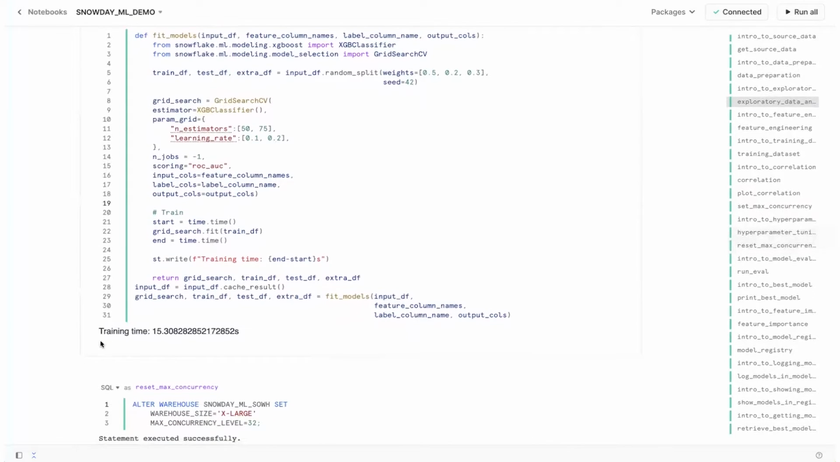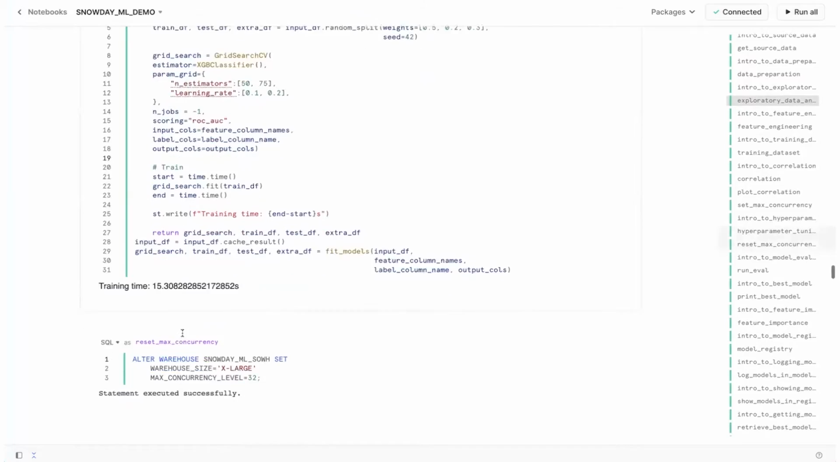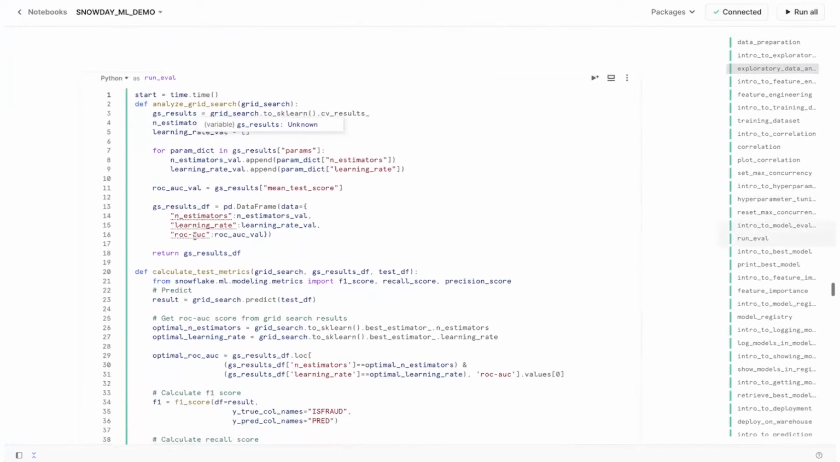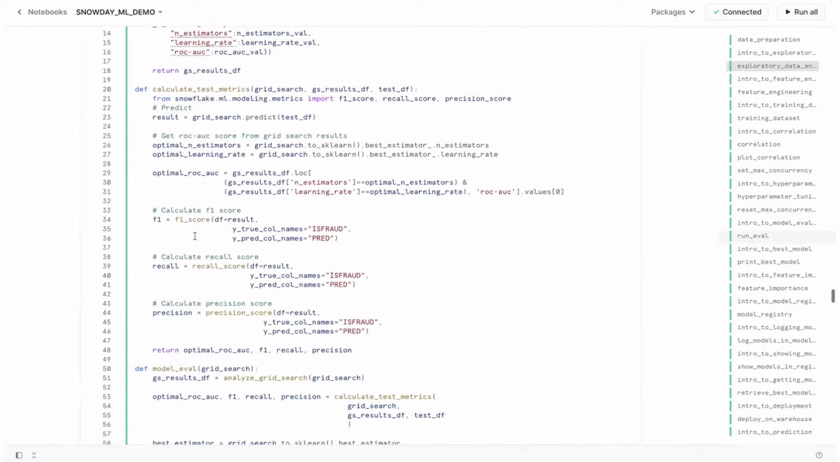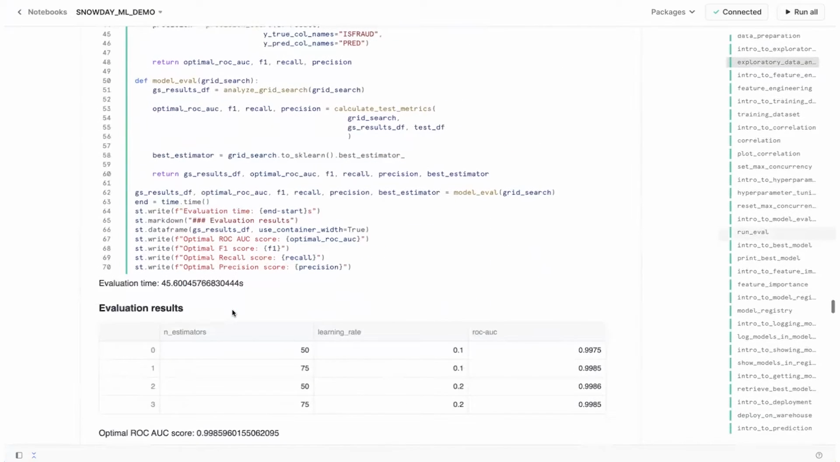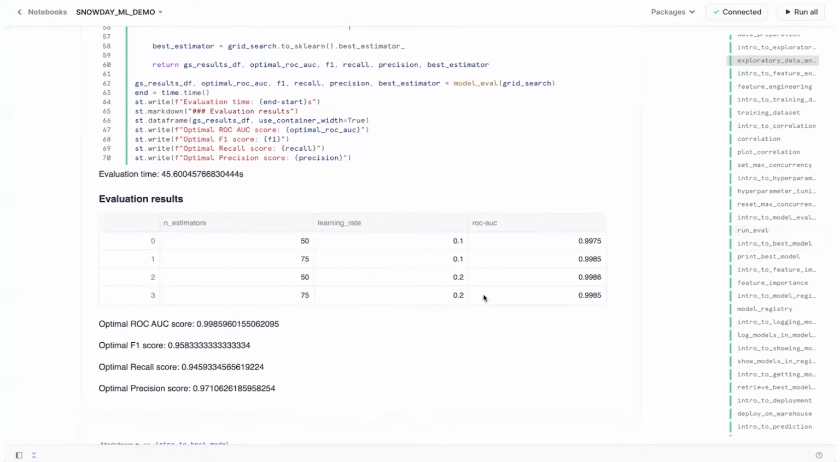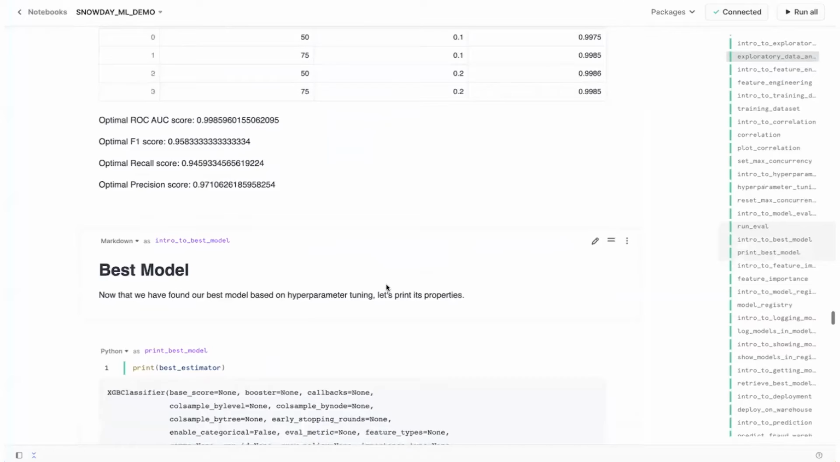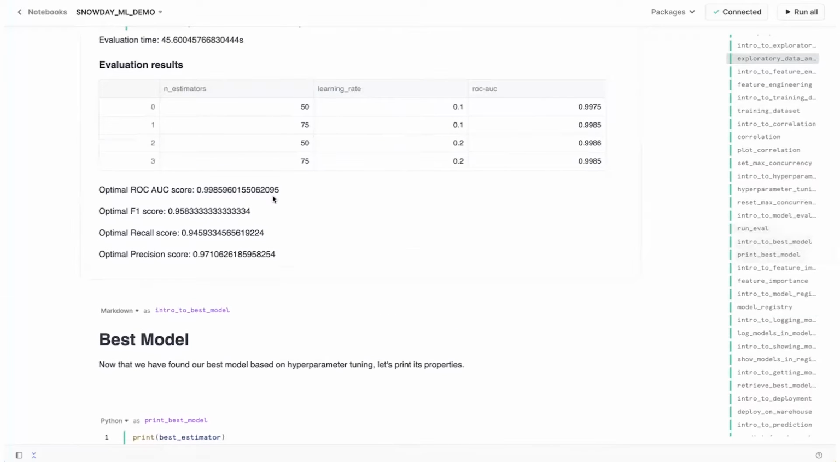So as you can see, the training time is done in about 15.3 seconds, and we can very easily do some evaluation as well using Snowpark ML. So once the hyperparameter tuning has been completed, we can analyze those grid search results and then calculate the F1 scores, the recall scores, precision scores, and plot out what were the optimal parameters that resulted in the best ROC AUC score. So for example, it is noted here that 0.998 is essentially this particular feature that gave the